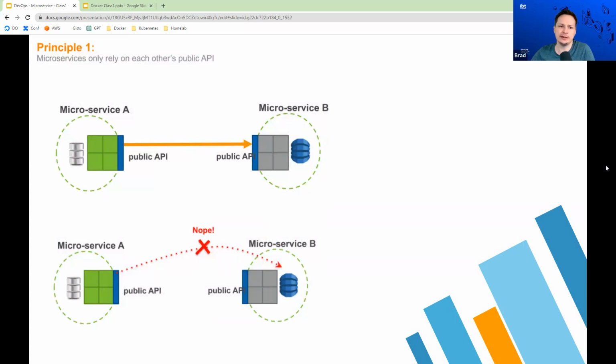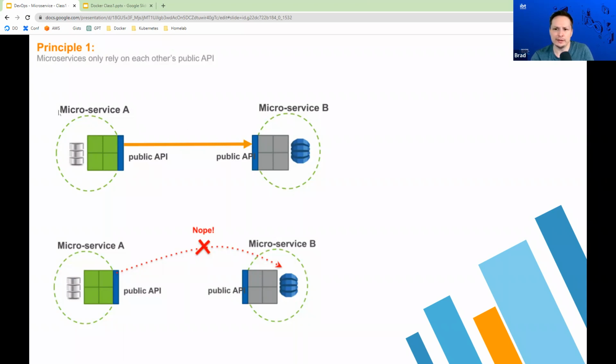So here is an example that illustrates this quite well, right? So I sort of discussed what this diagram is, right? The green part is the application logic. This gray thing here is the data store or database. And then the blue portion is the public API, right?